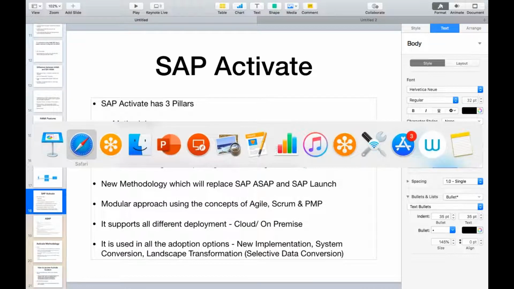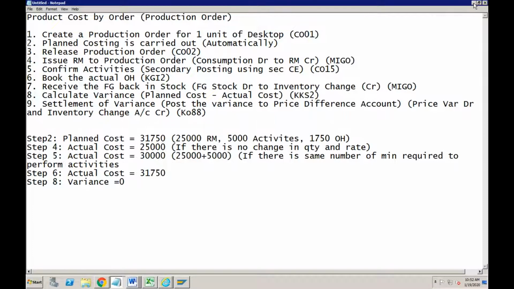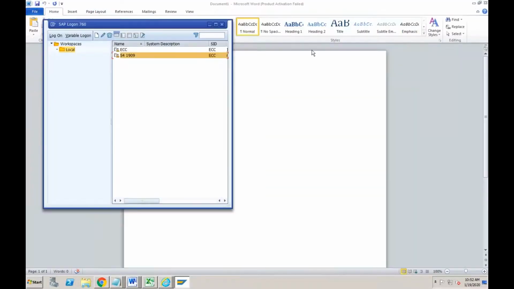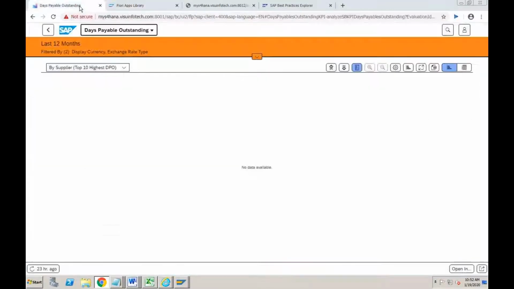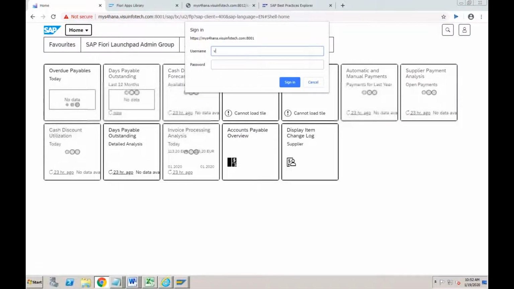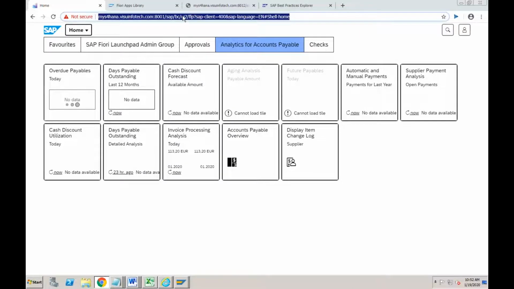So if I go to the server, let's close this related to CO. If you go to the system, or maybe if it is already opened, let me open the Fiori screen. Yes, this is the Fiori screen. Let's go to the home page. Yesterday we already understood how to access Fiori, so you need to keep this under your favorites, or you can go to the traditional GUI and try transaction